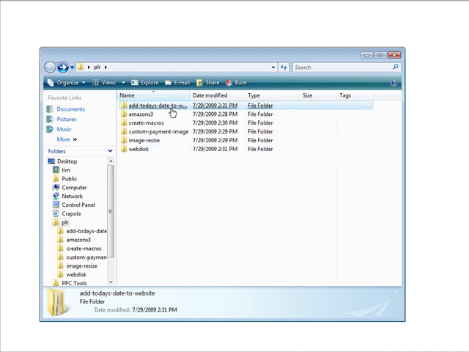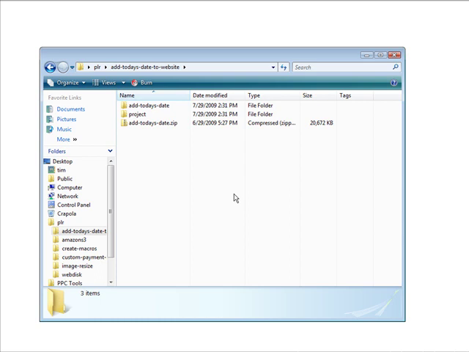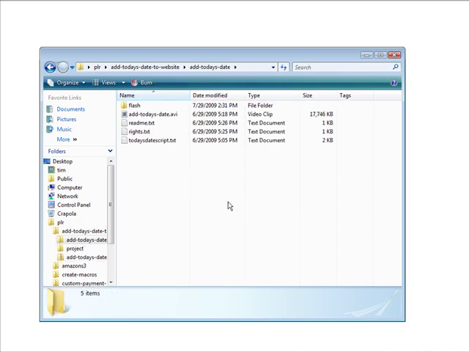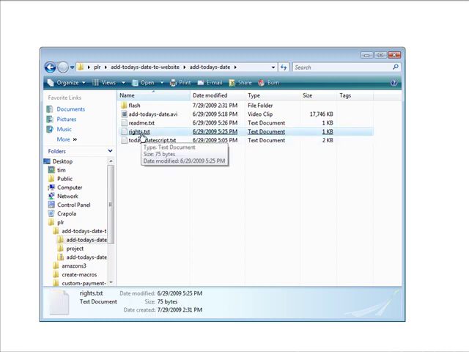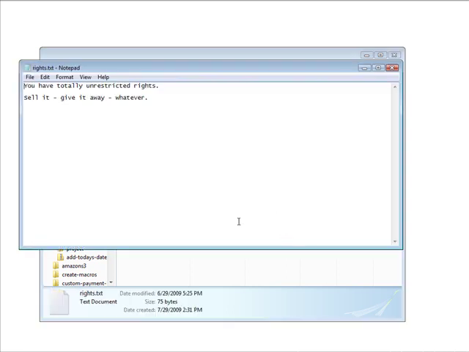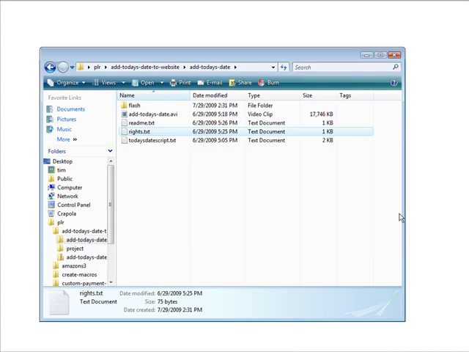So when you find a PLR product that you plan on giving away, what you want to do is look and see what the rights are. There should always be a rights text file in there. So this one is totally unrestricted. Sell it, give it away, whatever. Okay, so that means you're free to do what you want with it. So make sure that you always look at the rights file to make sure that you're within your rights to